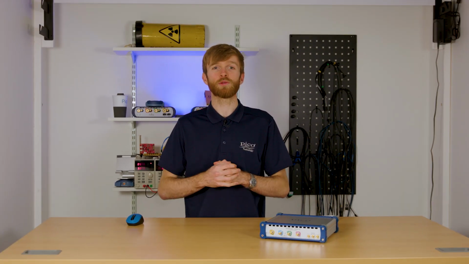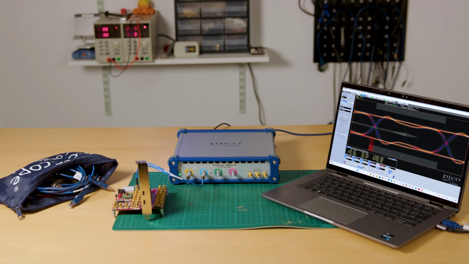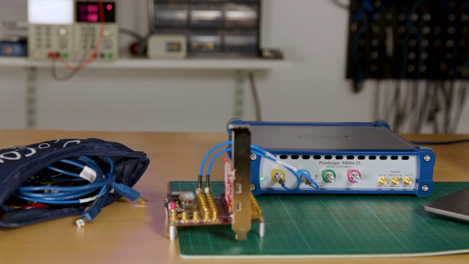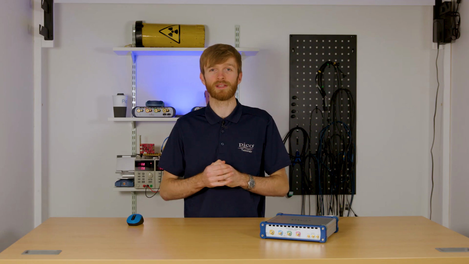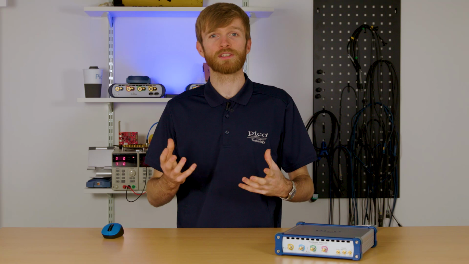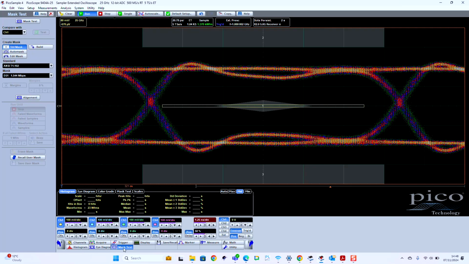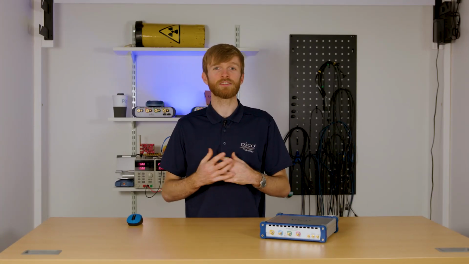So let's dive into a quick signal integrity demonstration using the PCI Express signal into the 9404A. First, power and connect the PCI module to the 9400 using a single channel input. Next, similar to any real-time oscilloscope, we'll set up the signal to make it visible. And then we'll add the PCIe mask. Then you can see the eye diagram of your PCIe signal, with the built-in mask assessing the signal integrity of